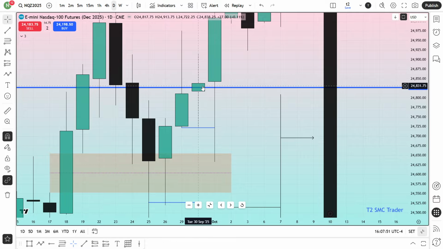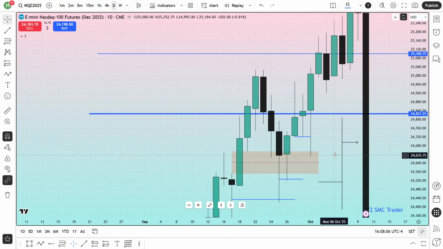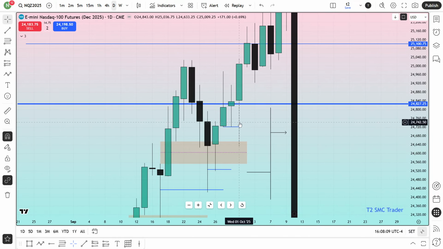I have just confirmed you. But remember, before going higher, I will do two jobs over there. What are those two jobs? First job, I will make the manipulation leg for that specific daily candle, as well as I will take the liquidity which I left over here, so that you can think that I'm not going higher without clearing that liquidity. So at the beginning, when you see this is falling, don't think that I'm going to fall. I am going higher, but before going higher, I'm just going to finish the unfinished business.